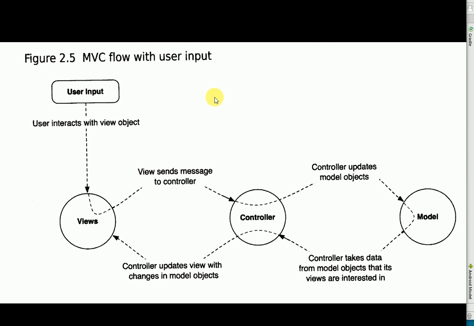Part of the chapter this week covered this division of our application programming into three different sections: the views, the controller, and the model. The views and the controller we've played around with already. The views have to do with buttons and things like that on our form. And then it talks about how the user interacts with these views, pushes a button or does some type of gesture, and then it goes to the controller, and the controller does something, and then